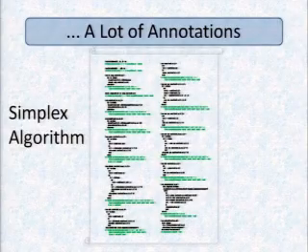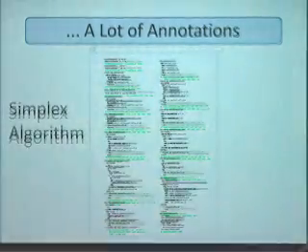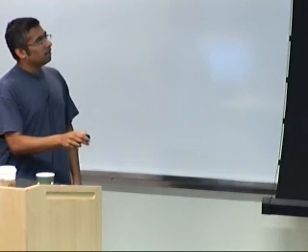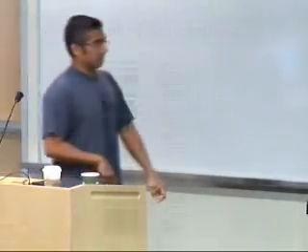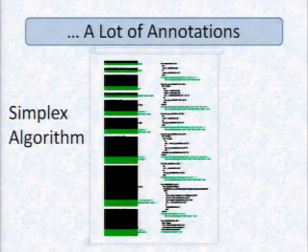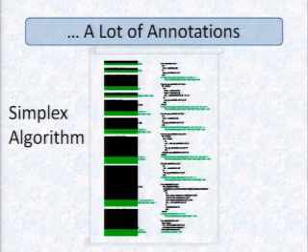Did Xi and Pfenning provide any method to infer these annotations? No. In fact, they did not. In fact, if you notice the way they write their dependent types, it makes it quite difficult to figure out how one would infer them. But we can talk about that later. They use a slightly different way of writing these types. Here's a snapshot of the simplex algorithm written in ML. The black bits are the code, and the green bits are the annotations.